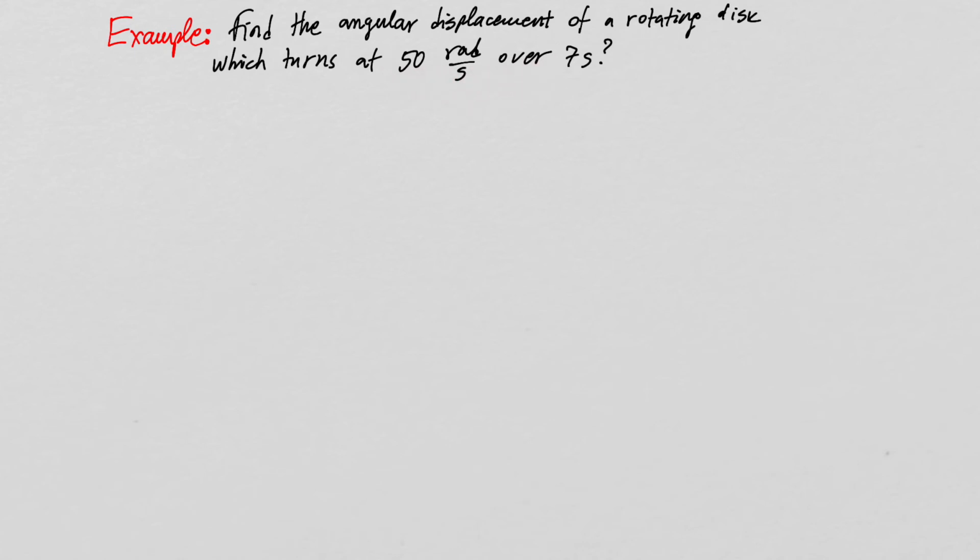So what we know here is the angular velocity, which is 50 radians per second, and we know the time of rotation, which is 7 seconds. What we want to find is the angular displacement theta